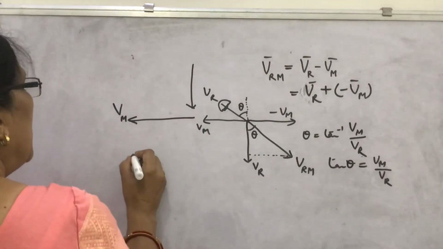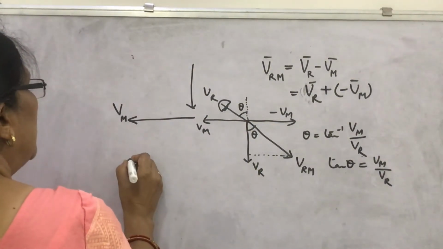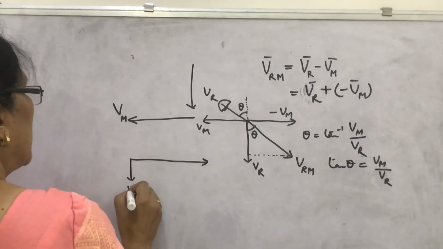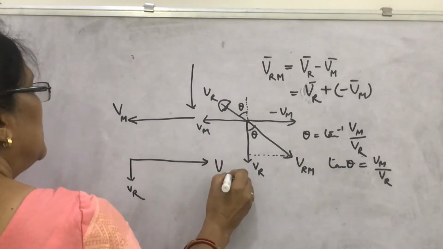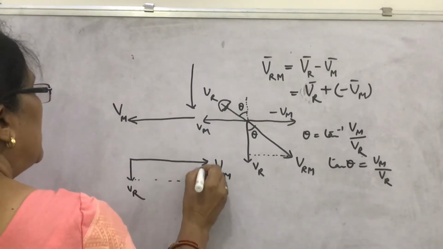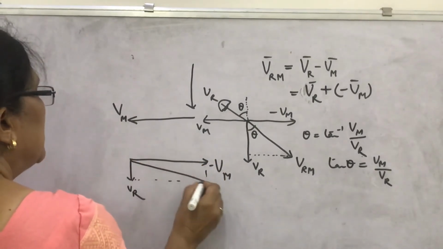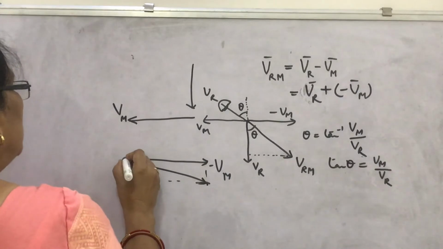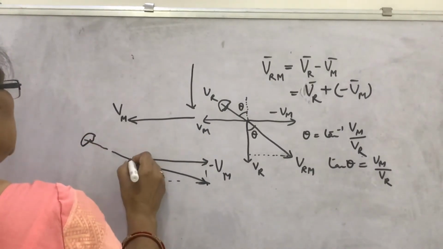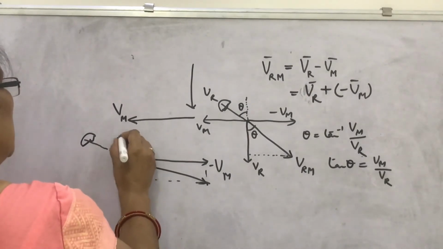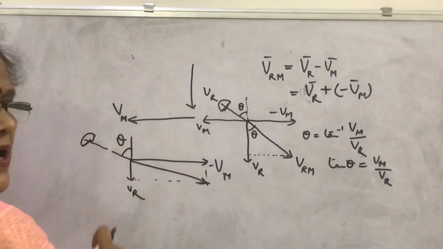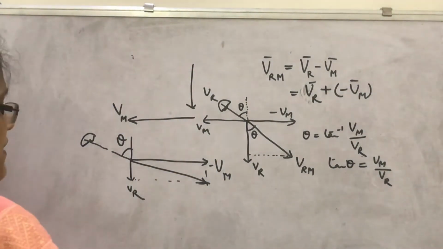And you can imagine, look here, how can you show it? If you take Vm at a larger value, suppose this will be minus Vm of the larger value and this will be the VR. Then using the law of parallelogram, you have found that this one vector will be the umbrella's direction. Then look, from the vertical, this theta is greater. So the greater the velocity of the man, the more will be the angle theta.